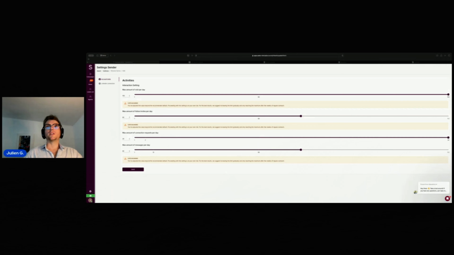And then you will be able to increase the volume of messages that you send and the volume of leads that you're generating through one single profile. So at the end of the day, that has a huge impact. If you have 10 profiles, it means it can go to 600 more messages per day, right? So do it right, do it gradually, and increase that over 2 to 3 weeks to reach the maximum, right? Do it safely, but that is a very good accelerator for you to generate more leads